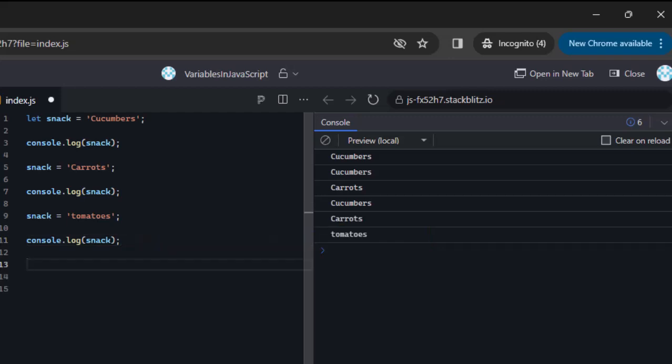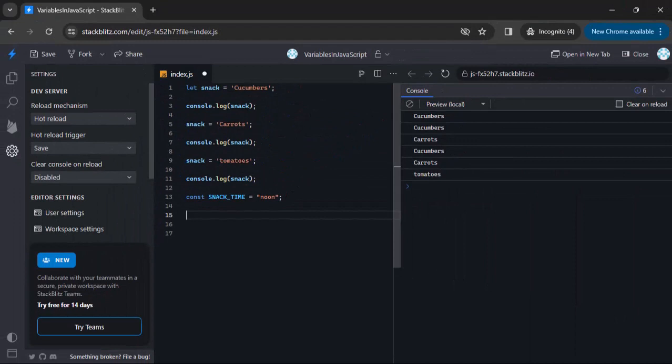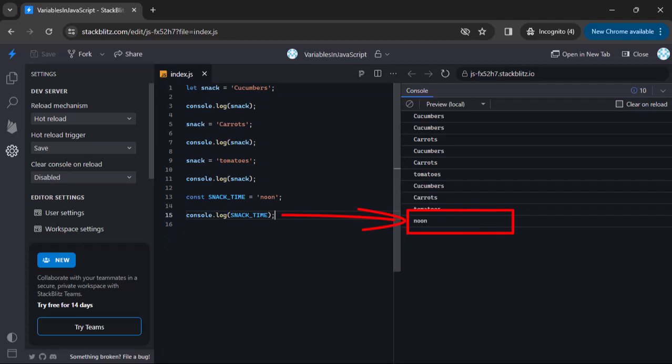Now let's look at how we can create a constant in JavaScript. So here you can see that I use the const keyword and then the variable or constant name. It is a convention to use all uppercase letters for the constant variable name, and then we are assigning a string value of noon to it. Now let's try to log this constant's value on the console window using the console statement. And as you can see, JavaScript is logging the snack time, which is a constant, on the console window